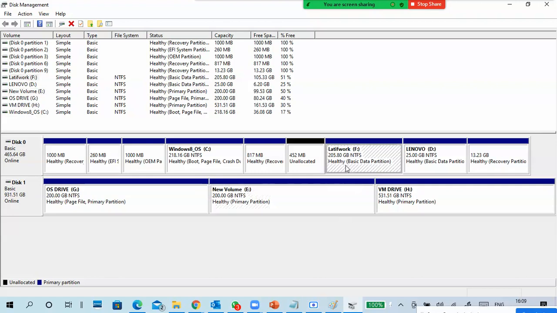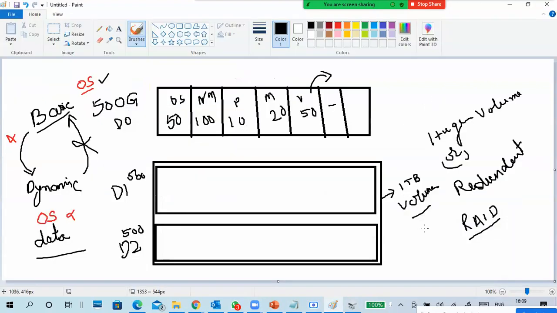If this disk fails, I still have the data, right? Just like a Xerox copy. Two copies are there, and if one copy is lost, you still have the other. I will explain this redundancy clearly when I explain the RAID levels.